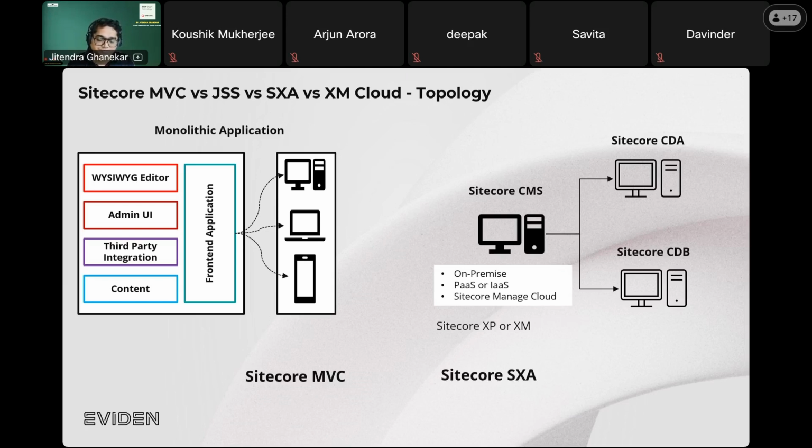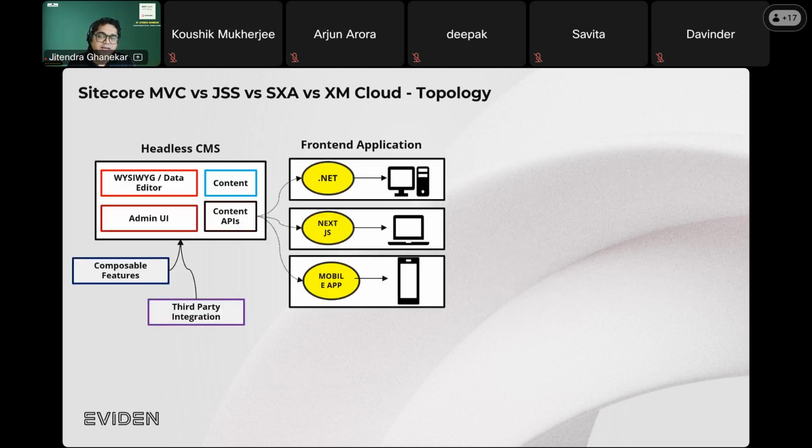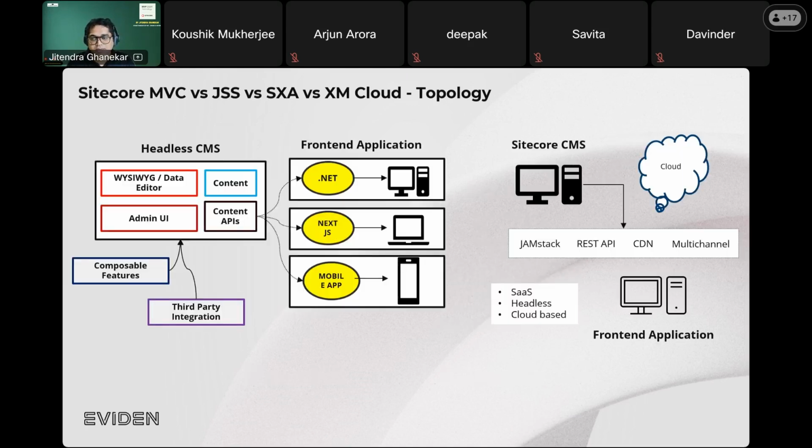And then comes the headless CMS. In headless CMS, it is basically a body without a head. So the front end is separate. You have a front-end application completely separate. If you see here,